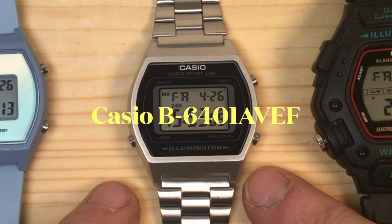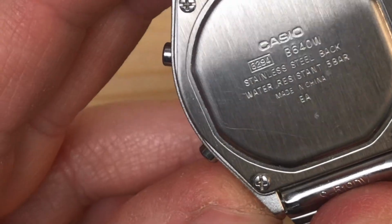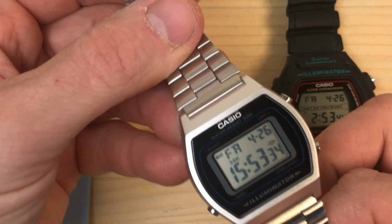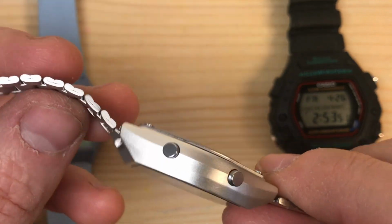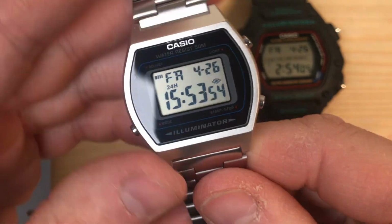Well, this is the Casio B-640 or 640, as you can see, and this particular version has the stainless steel bracelet and the case, which is resin, but it's chromed resin, and it has a very aesthetically pleasing, in my opinion, matte finish. So this is not your polished version that you will find on the